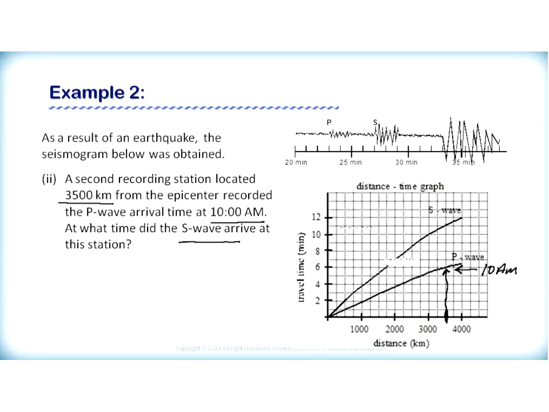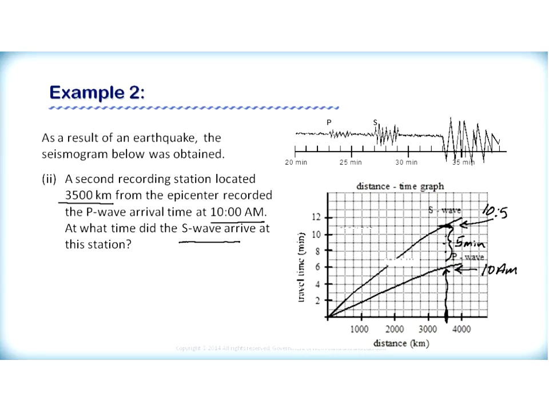If each block represents 1 minute, then we can count the number of blocks above and estimate the arrival time of the S wave. And in this case, we have 1, 2, 3, 4, 5 blocks. So the S wave arrived 5 minutes after the P wave. Therefore, the arrival time of the S wave would have been at 10 minutes,